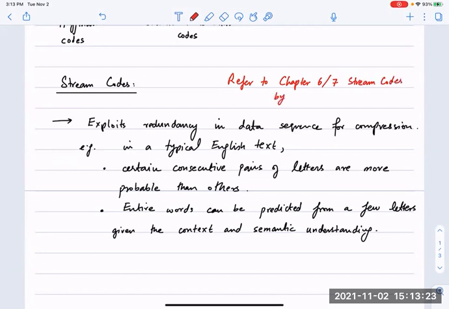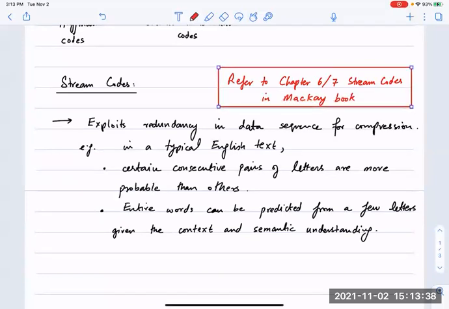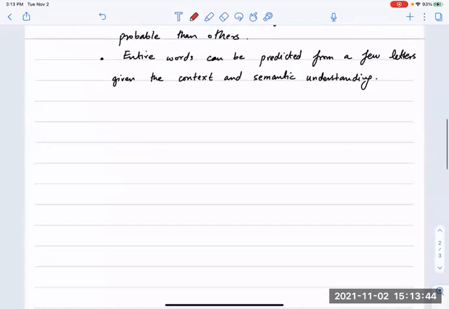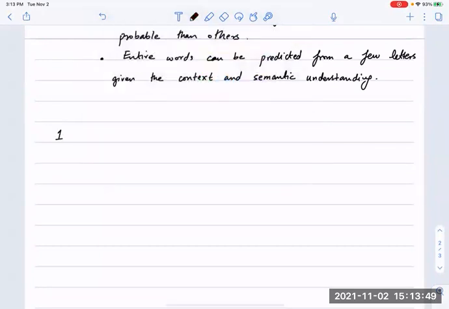In MacKay's book. If you're reading that reference text, you can actually refer to this section for more detailed explanation on these codes, which may be a little complicated. Okay, so arithmetic codes,